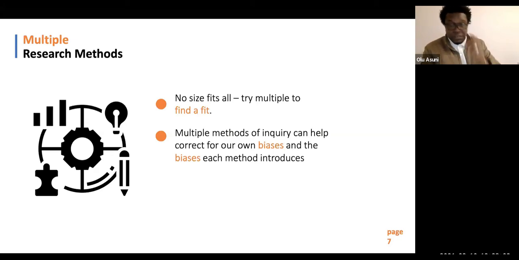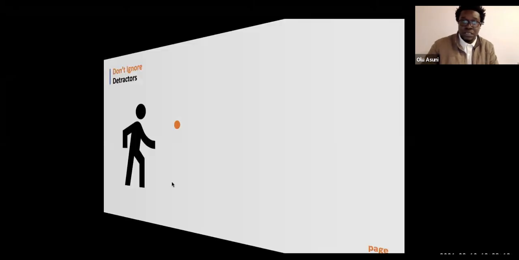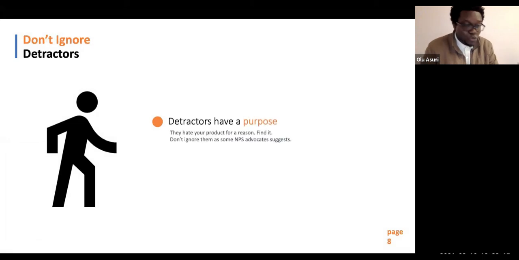So, for me personally, I've got two recent experiences, and I'll go over them quickly without mentioning the names of the companies. Oh, sorry, I forgot to talk about not ignoring our detractors. So I'll quickly cover that. That's another important lesson. The majority of us have interacted with the NPS, the Net Promoter Score, one way or the other. Usually it's two sets of questions. The first question asks if you would recommend this product or service or business to a friend or family.